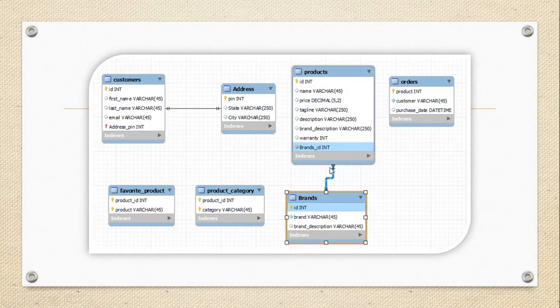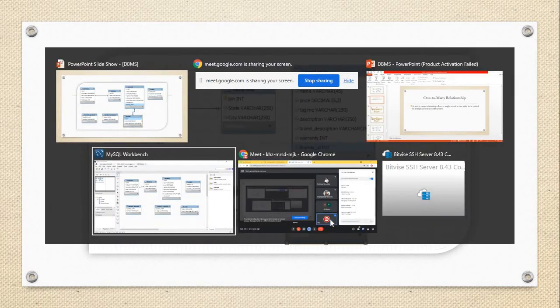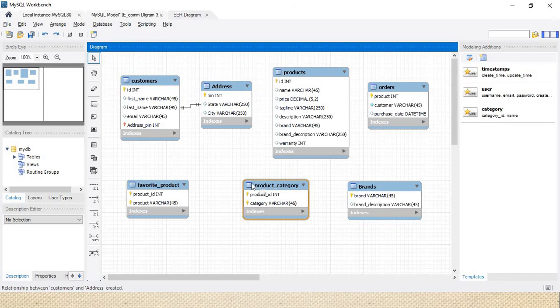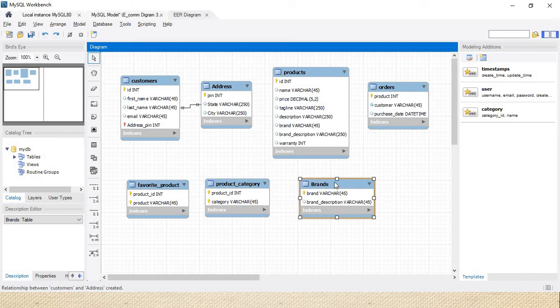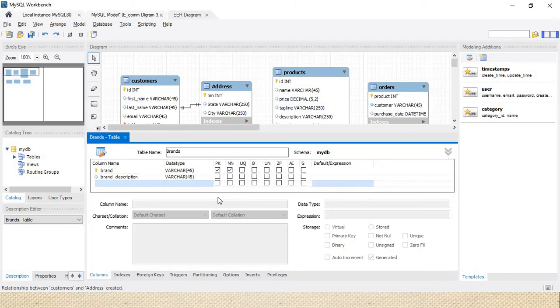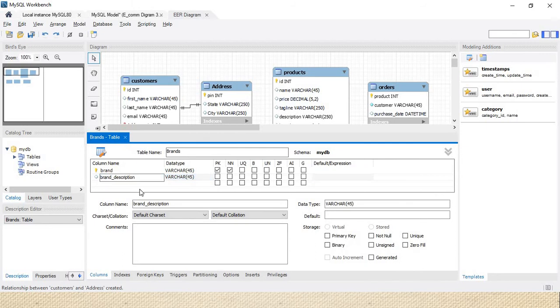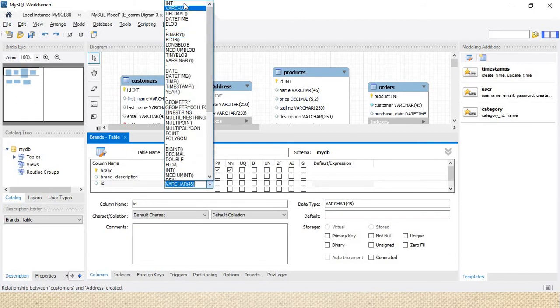Okay, let's do the practical. Here I have created that. One brand has multiple products. See the brand ID, the brand's ID is created automatically. So let's do that practical. Here I have a table called brand, and I will add a primary key inside it, a primary key for integer.